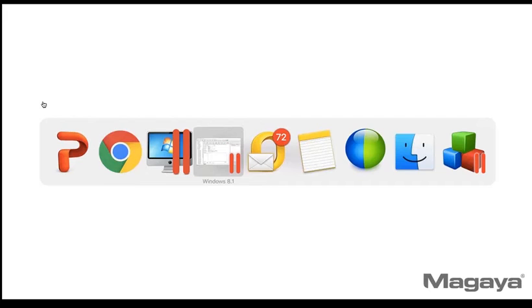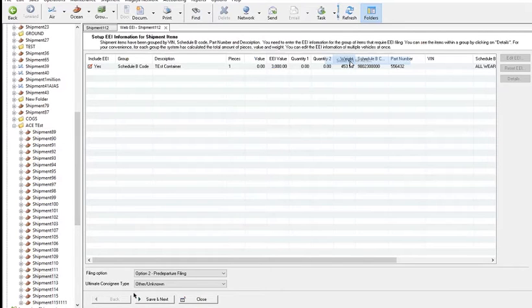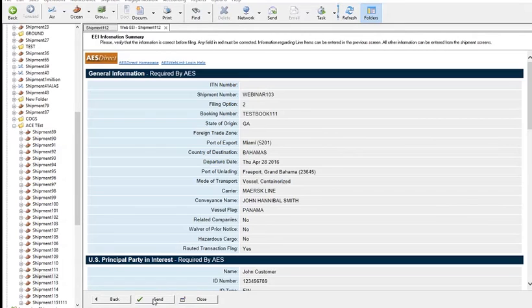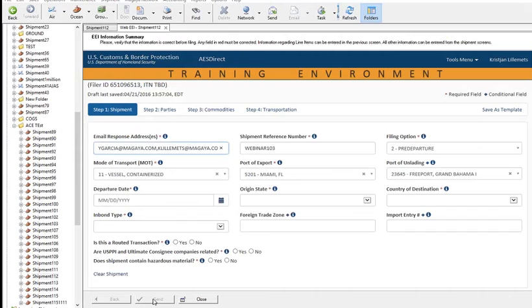All right, so now I'm going to demonstrate a few scenarios where things can go slightly wrong. So I have my next shipment set up here. I'm going to file. And so the first thing that can go wrong, and we expect this to happen unfortunately because of the